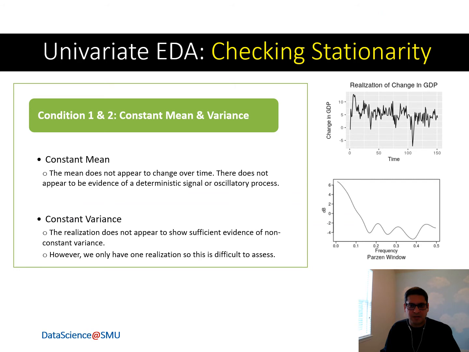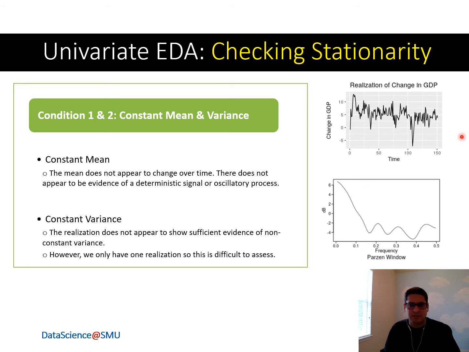We started off by building a univariate model for our dataset. So first we needed to determine if the data was stationary. Looking at the realization, we see that there is a slight downward trend in the data, and that is evident from the spectral density, which shows a peak at f equal to 0. But this peak is not appreciable and does not warrant doubting the stationarity of the dataset.